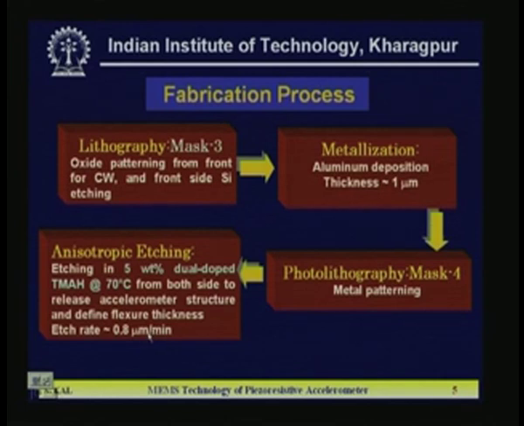Anyway, the etch rate of TMAH at 5-8% dual dope is 0.8 micron per minute. How much silicon thickness you have to etch, you can determine, and accordingly you can dip the complete wafer into the TMAH solution for that time. So now